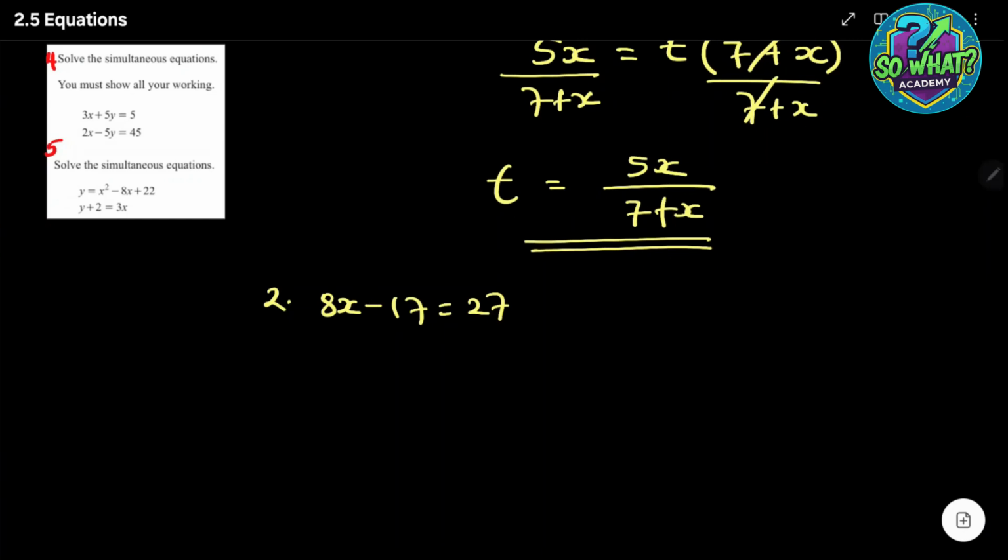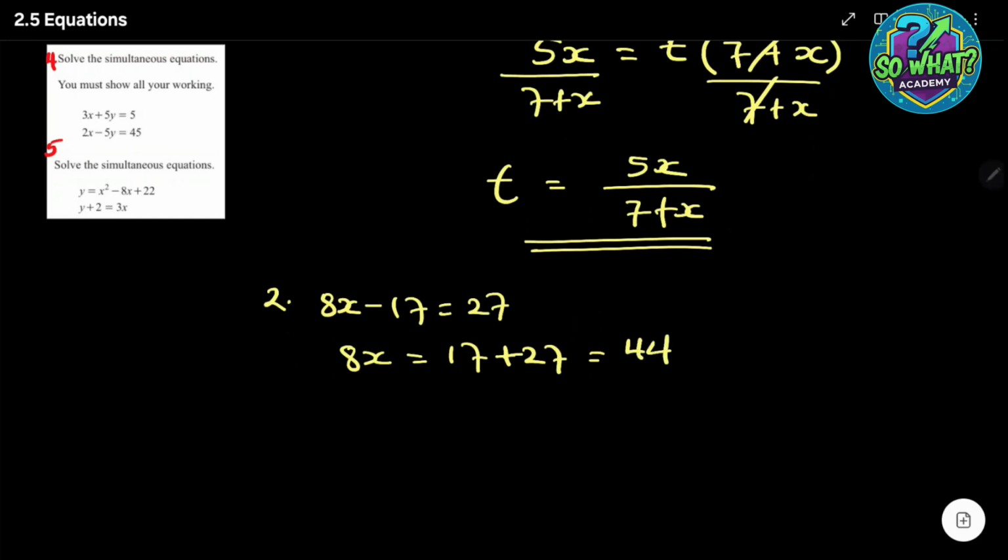Let x stay wherever there is x, it should be on one side, and wherever there is no x, it should be on the other side. So we are just going to take 17 to the other side. So it is 8x is equal to 27 plus 17. When it crosses the equal sign, it becomes positive 17. And 27 plus 17 is about